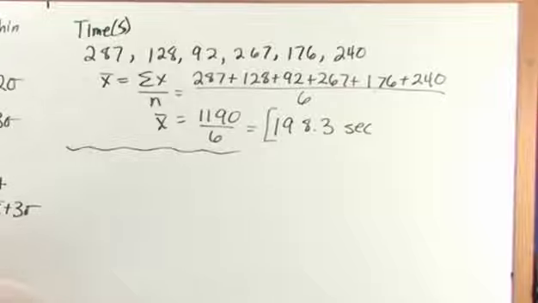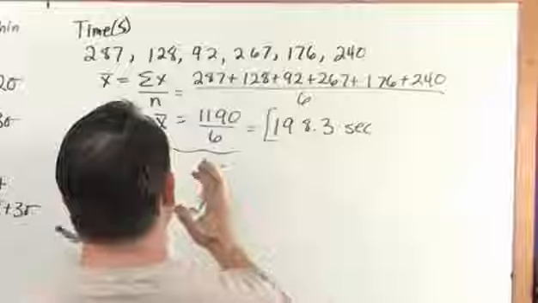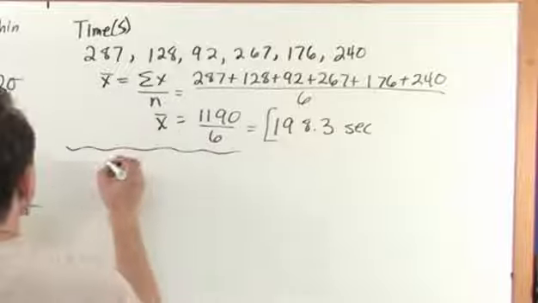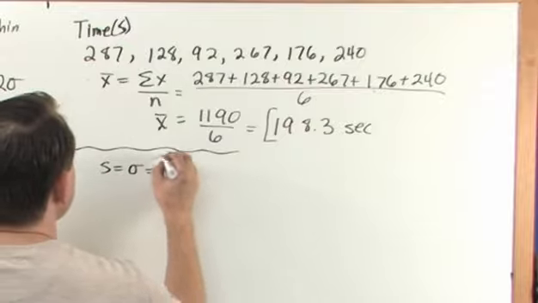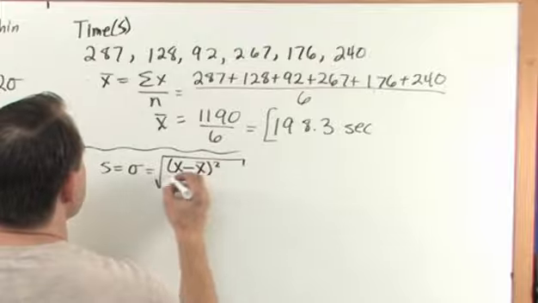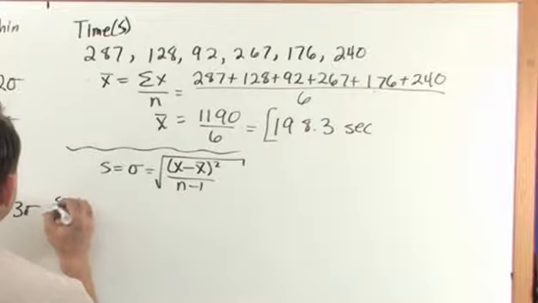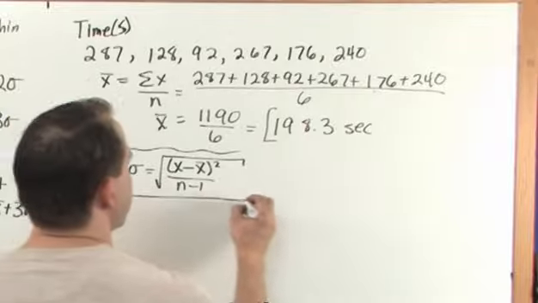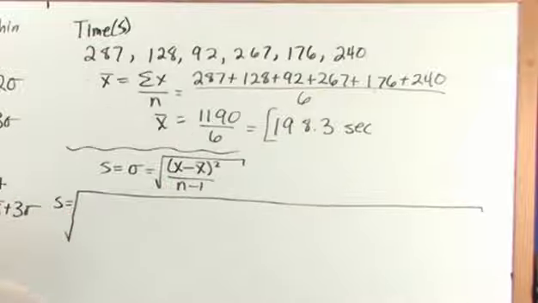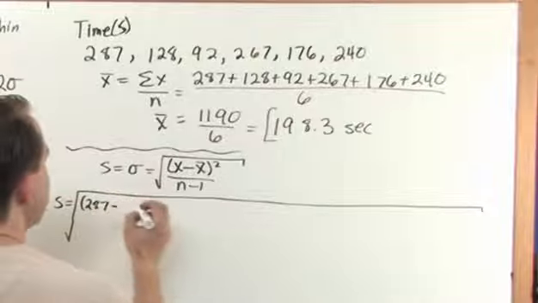Now let's calculate the standard deviation, because we want to know: are these restaurants roughly behaving the same around the mean, or are they very far spread apart around the mean? It gives you a relative measure of that. The standard deviation is the square root of the sum of the sample minus the mean, squared, over n minus 1. I'm going to put a big square root here, and we take one sample at a time: 287 minus the mean of